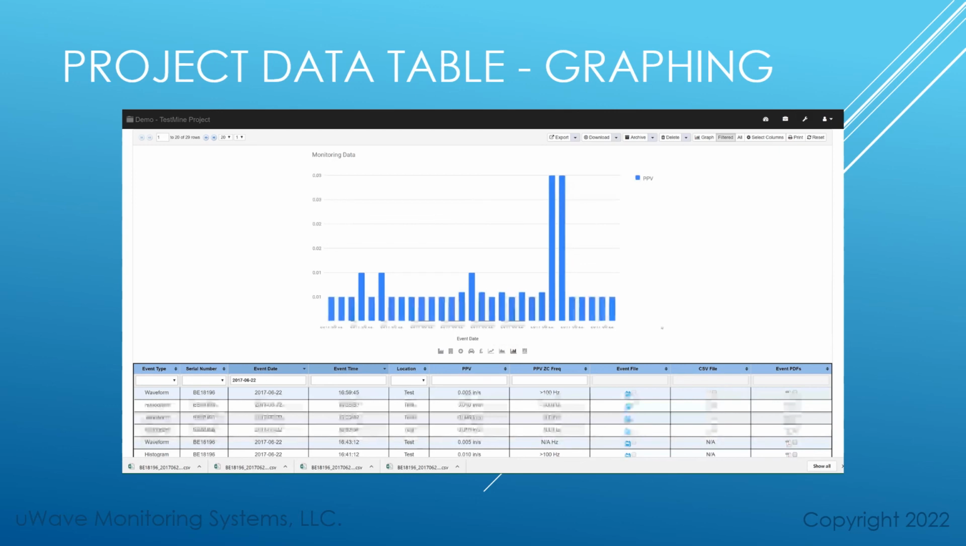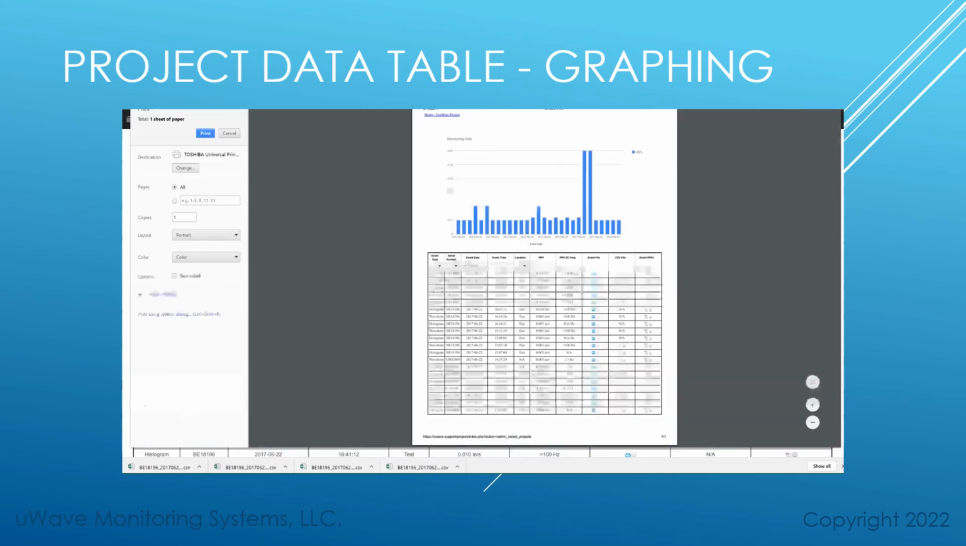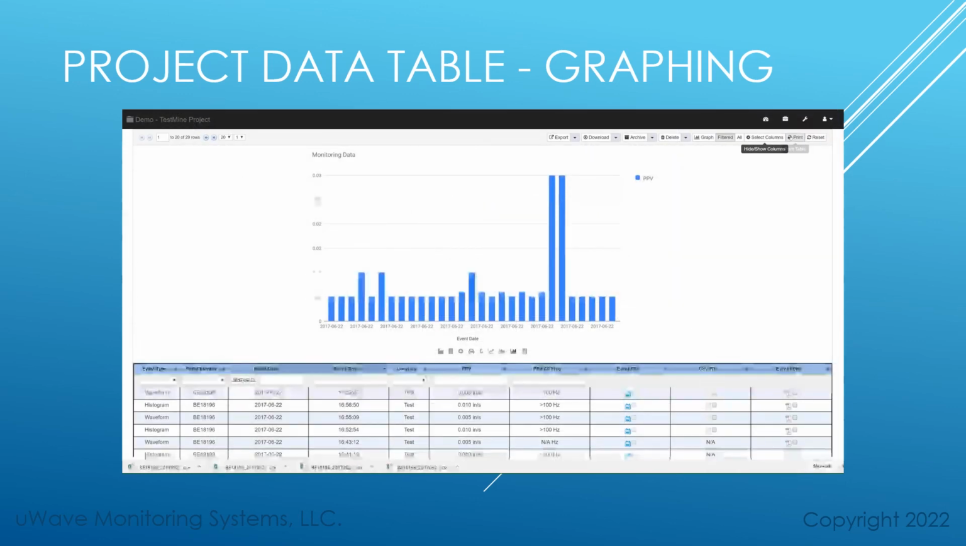And then if you want to print this with the associated data table, your best option is to right click somewhere below the graph, right about in this area, and do a print. And then that way you'll have your data table and your graph that you can print out. If you use the print button, it's just going to print the table